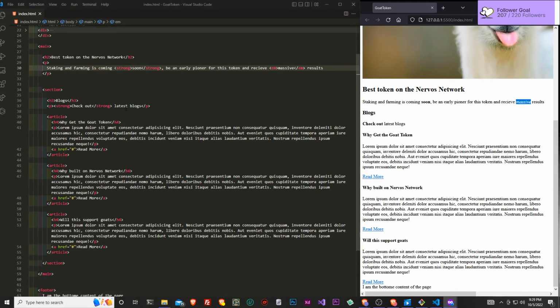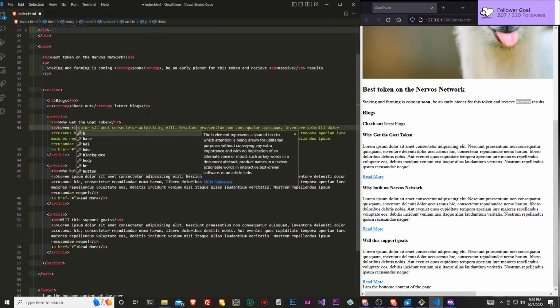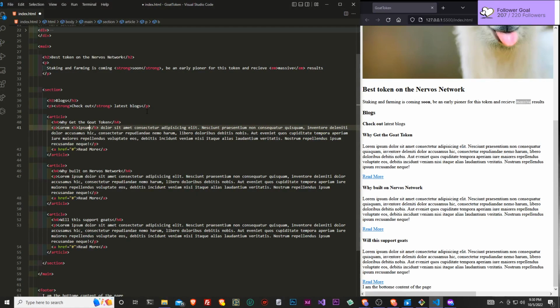And at the same time, we can also use these other types of HTML elements, like, let's say we want to make the words bold. So if we just do B tag, it will also make it bold.